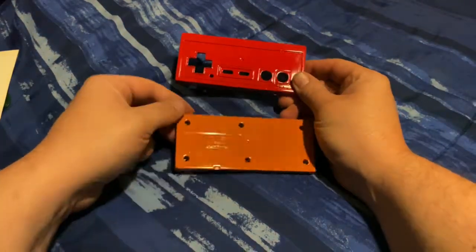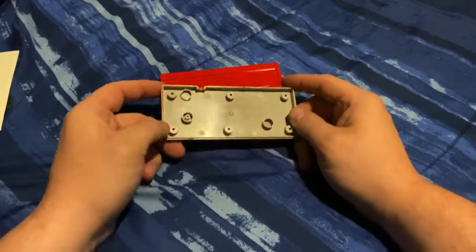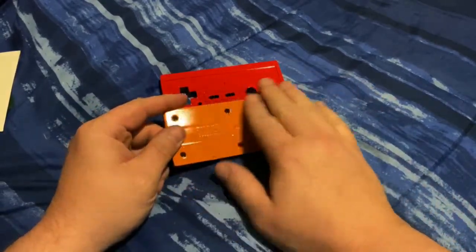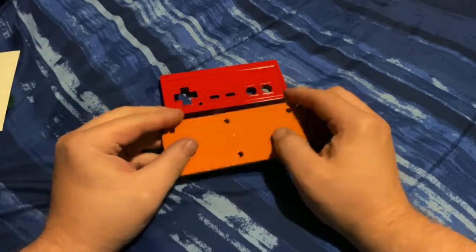All right, Duckies, we're back. We've sanded both of the cases, and we've cleaned them up. And this is the result after painting them. Look at this nice glossy coat of paint on here. So what we did is, after we sanded everything down and cleaned everything off and washed everything, and it got nice and dry,